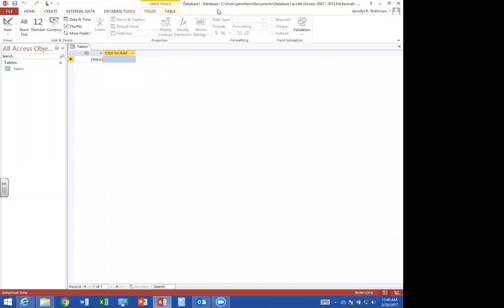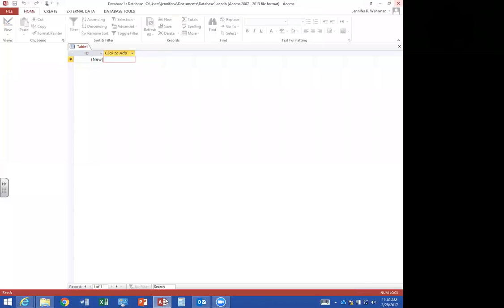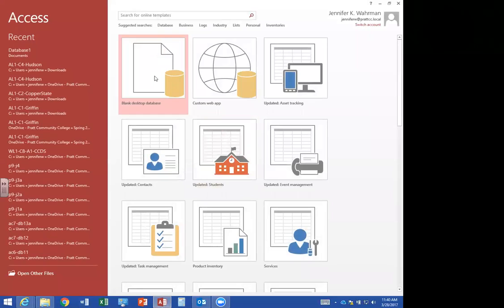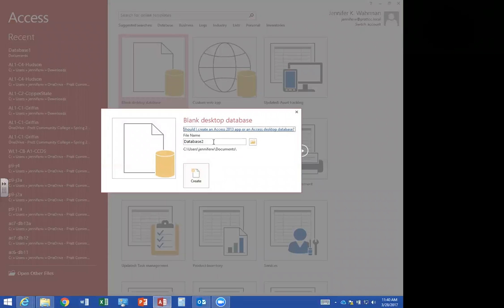Okay, now normally it tells me to save it. So let me close this and try one more time. Access, blank desktop database. Here we go. This is what I want. Instead of database 2, I'm going to name it with the file name given on page 163 in Access. And it is